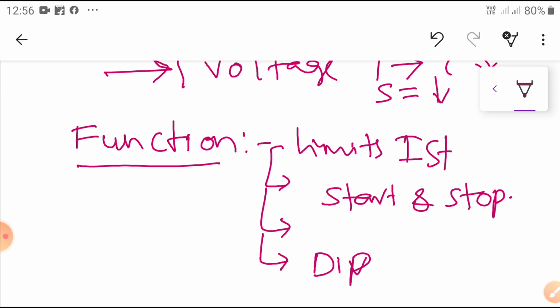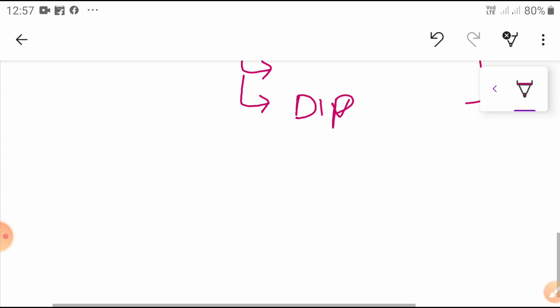So these are the 4 functions of our starter: first, it acts as an on-off switch; it limits the starting current; automatic speed control may be possible by using our starter; and it protects the line from a voltage dip during the starting period. These are the main functions of starters.